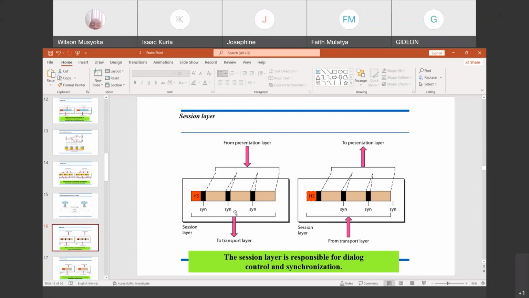Like I have said, somebody could be transmitting, maybe on the network I'm using, at 100 megabits per second, but the person receiving this message is at a lower speed, 10 megabits per second. So you need to do synchronization.